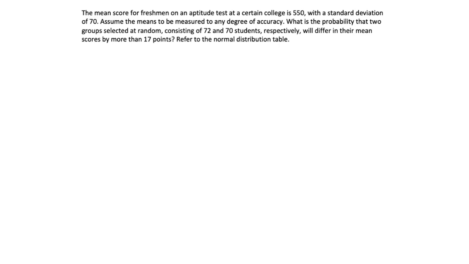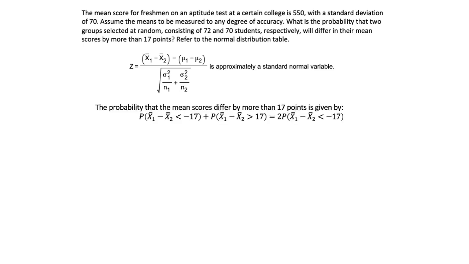Here we're going to use the normal distribution again. To standardize in this case, we're going to use this formula. Now, the probability that the mean scores differ by more than 17 points is given by this. So we have the probability that the difference is less than -17 plus the probability the difference is greater than +17, which because of the symmetry of the distribution is 2 times the probability that the difference is less than -17. So when we plug all this into the formula, we get a z value of